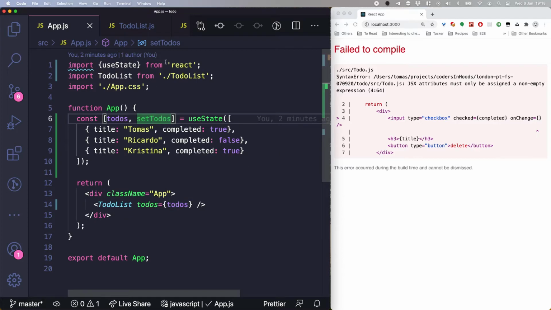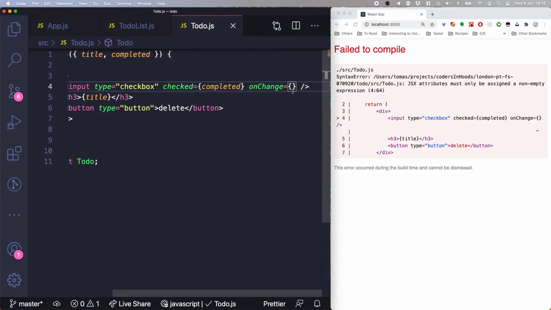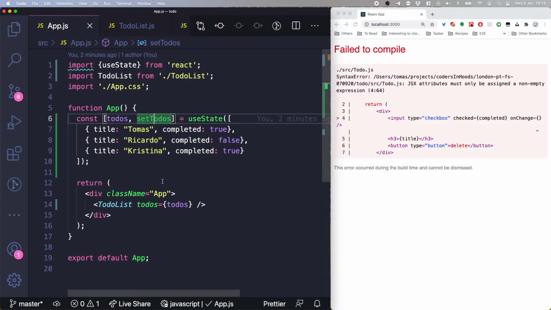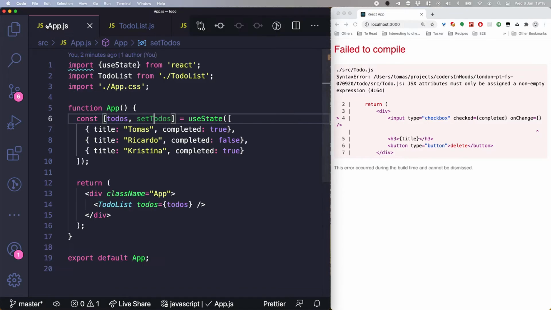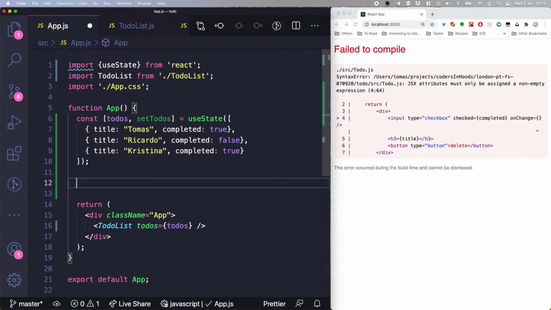As I said before, in here I cannot change the to-do and have it reflect in here. You need to actually take the action from here and pass it all the way down here, so then you can execute it, and that action will then in effect change the state. So in here we can create a new action, which will be, let's say, handle complete to-do,